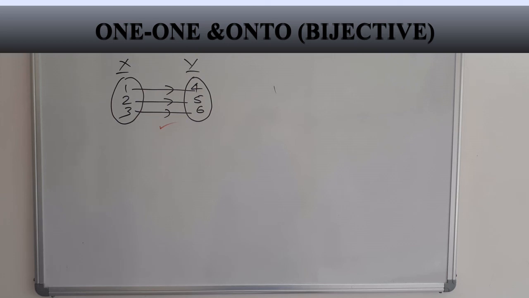So how will we prove that a function is bijective or not? We have to look for both the conditions separately. Like we have to check if it is 1, 1 and onto separately. And if it satisfies both the conditions, it is bijective. And if it does not satisfy at least one condition, if it is not 1, 1 or not onto, it is not bijective. In that way, we can prove whether that function is a bijective function or not.